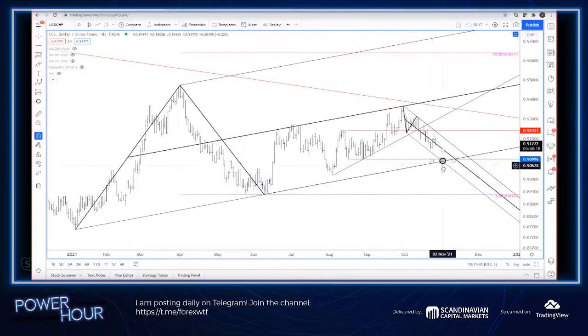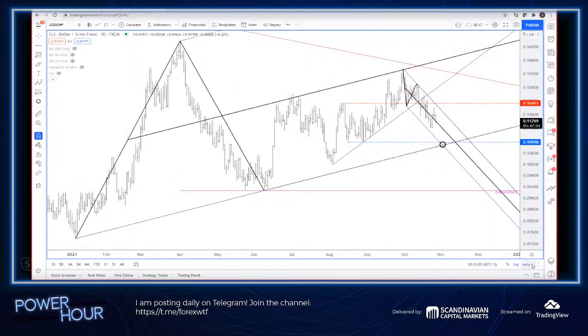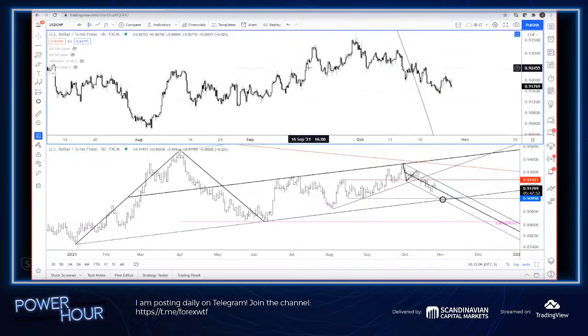For me, dollar Swiss down here at 91, that's really a big level to pay attention to. You can see I've got the little red line up here, this short-term channel. That could be resistance if you spike up into that level first, right? So let's call it 91 support, maybe just above 92.25 for possible resistance, okay? So that is dollar Swiss, and that is a level that I will pay attention to, especially as we head into ECB and we get some bigger moves here in European FX as we head into the back half of the week.